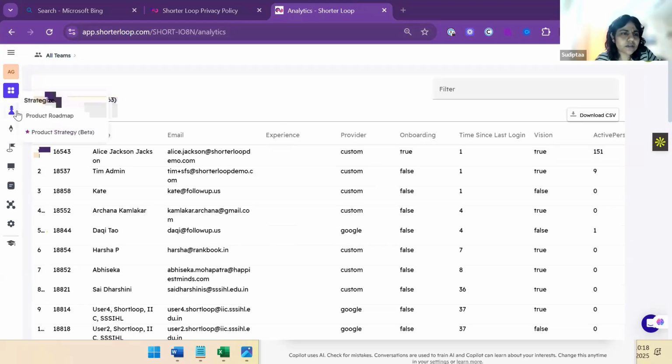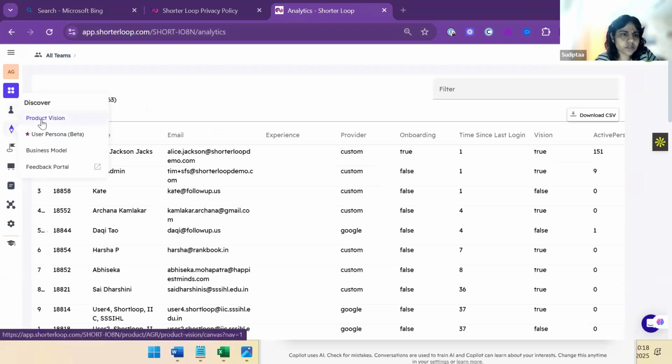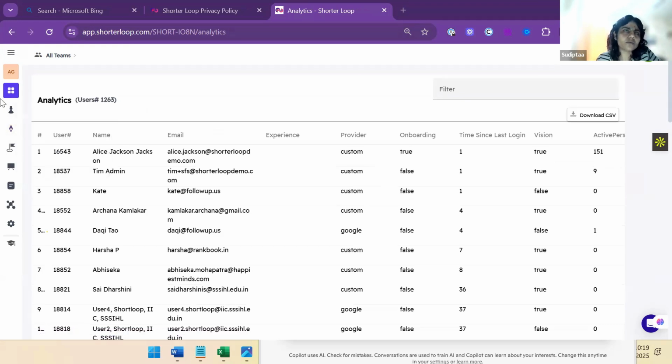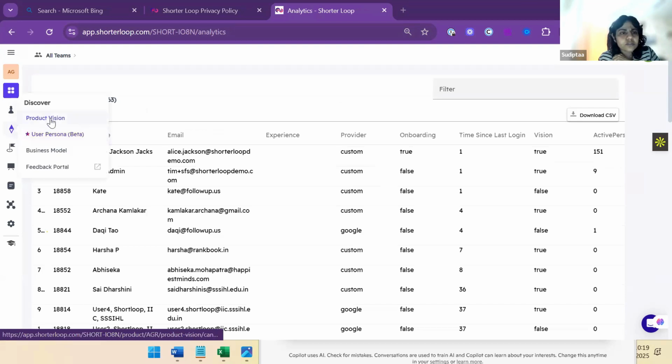Now let's see this. Because we are in the first module, I will do some research with the product vision. I will talk about product lifecycle management in the next module, but you will have an assignment after this on these 3 tools that I am teaching you right now. Once you get into the shorter loop, use the discover section, then go to the product vision.